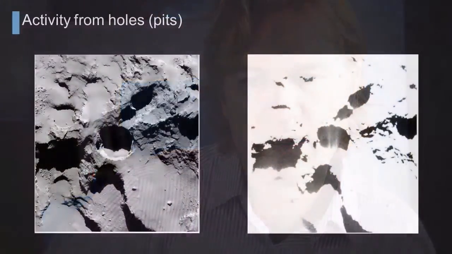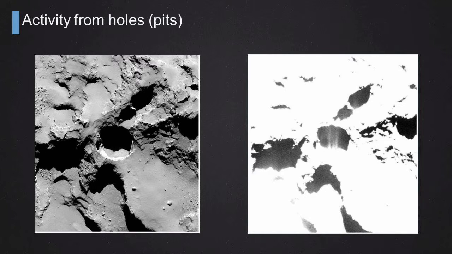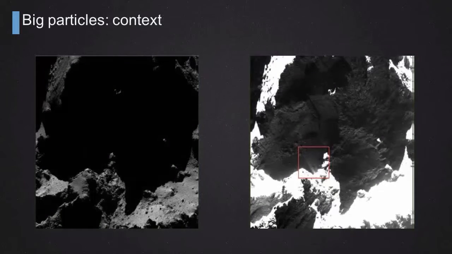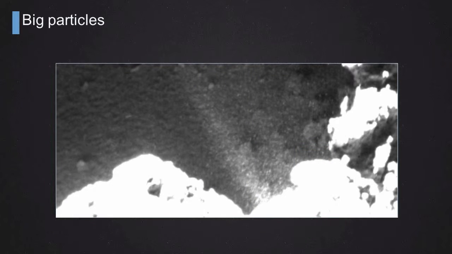The scientists are linking the activity to surface features, mainly the pits that we observe at the comet. So these are deep, round pits which seem to be collapsed areas. And we also see clearly that sometimes big particles are ejected. So these are basketball-size particles that are ejected by the comet into space. We see them in this image coming from the walls of the comet as soon as the sunlight hits these walls. So it's something that we will continue investigating.